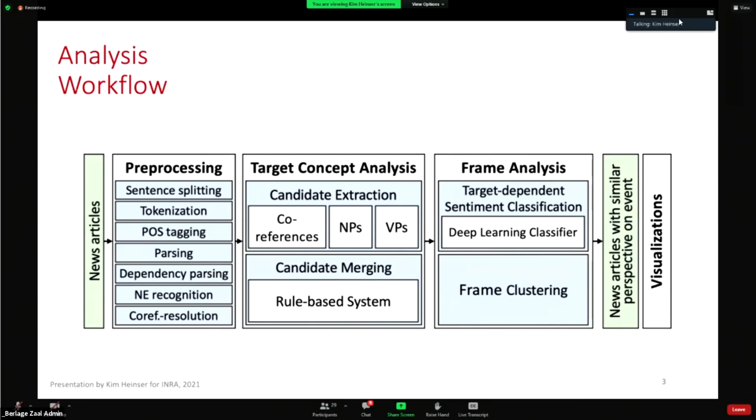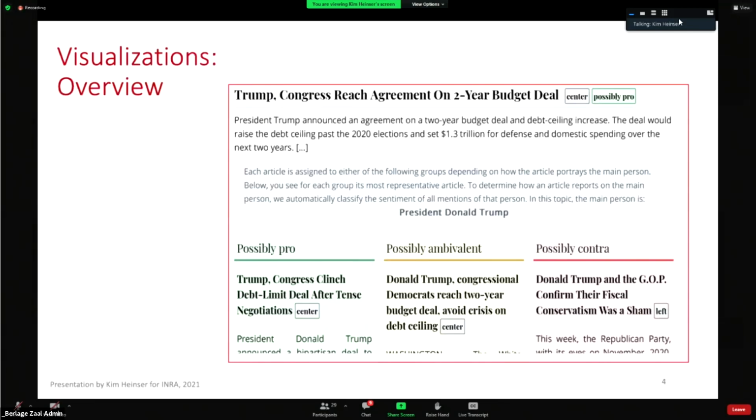In this paper, we're going to focus on the most frequent actor polarity method, which first identifies the main actor. So we had various topics. One topic was the bushfires in Australia in 2020. And the method would first identify the main actor, which in this case was Prime Minister Morrison. And then secondly, would group the articles according to how the sentiment is about the actor. So here's an example. First, you can see on the top, the most representative article. And then we have a 3-group layout.